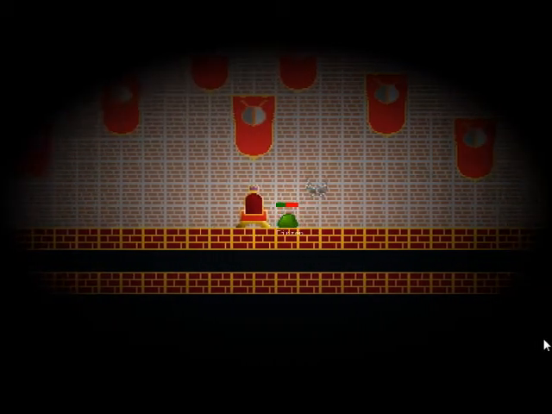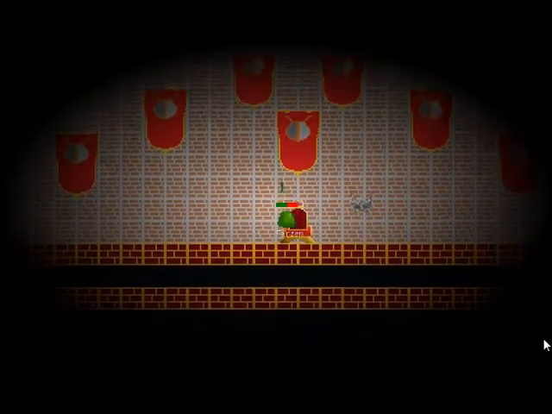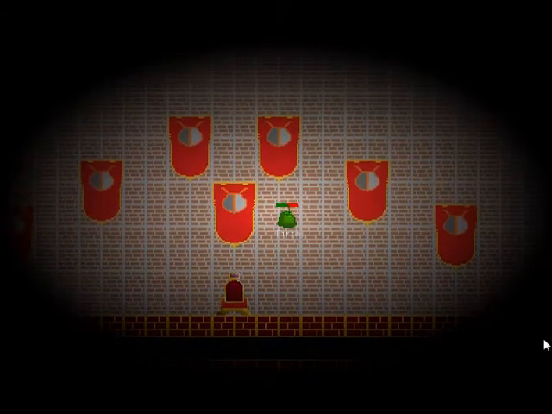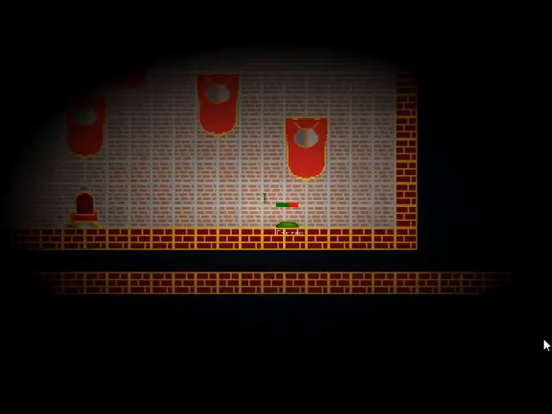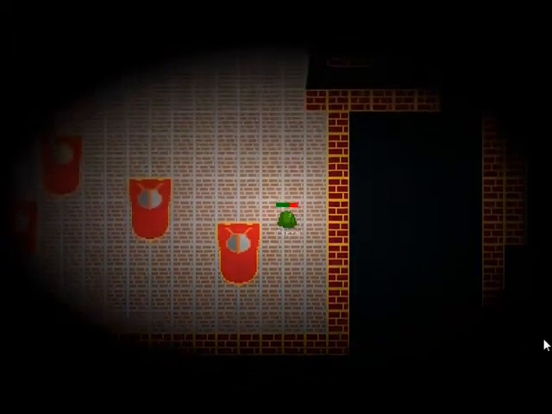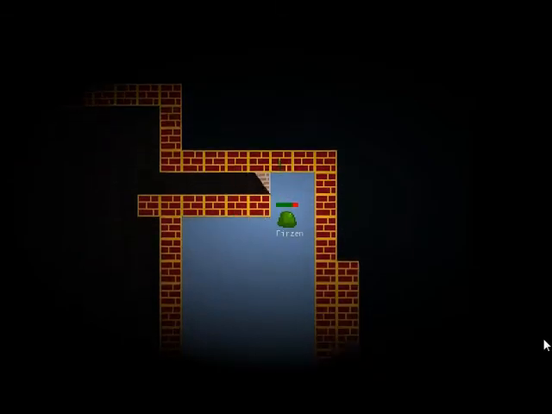And he drops wings. So you see right now this is as high as I can jump. Now with the wings I can jump again and again and again. And because of that I can get up there. Since I'm here, can now...